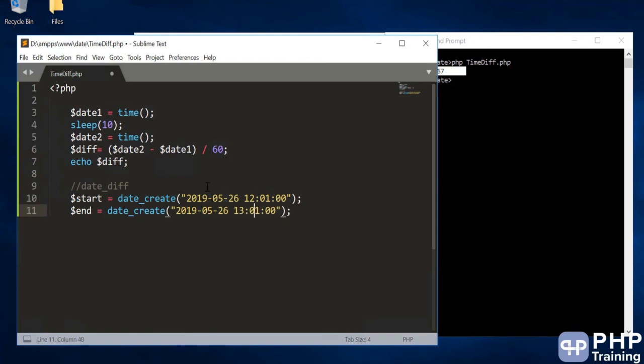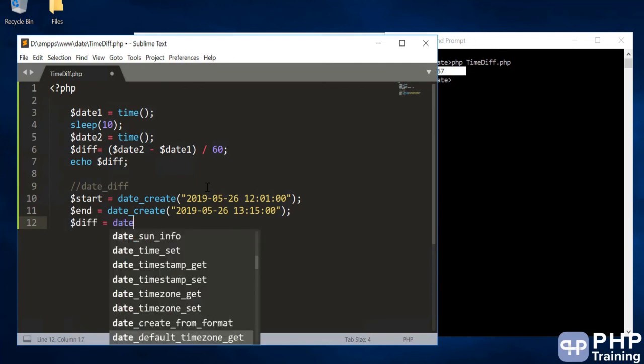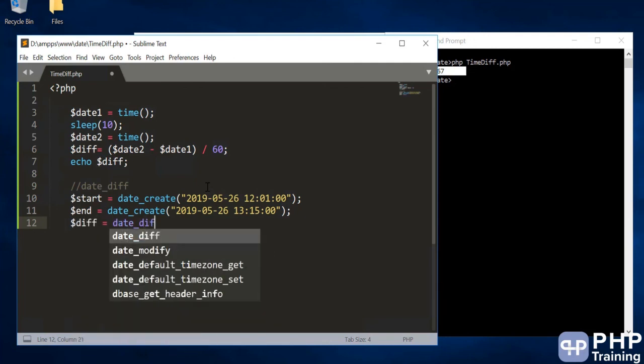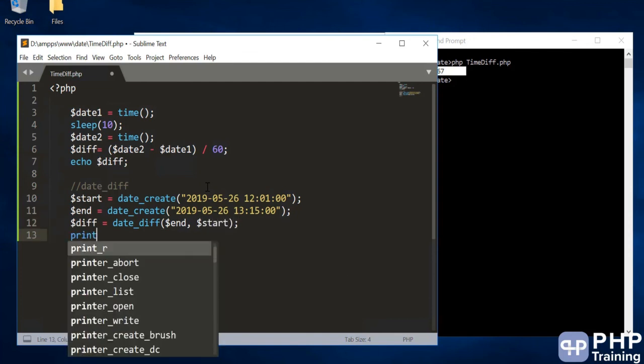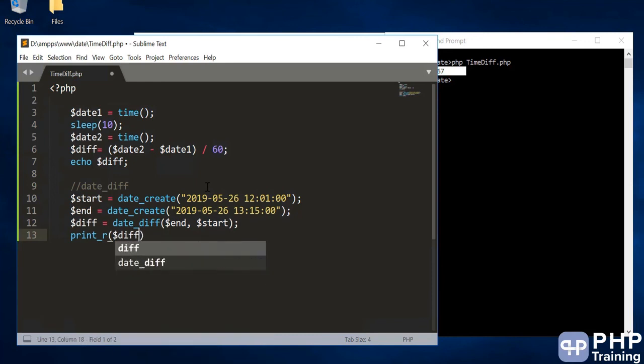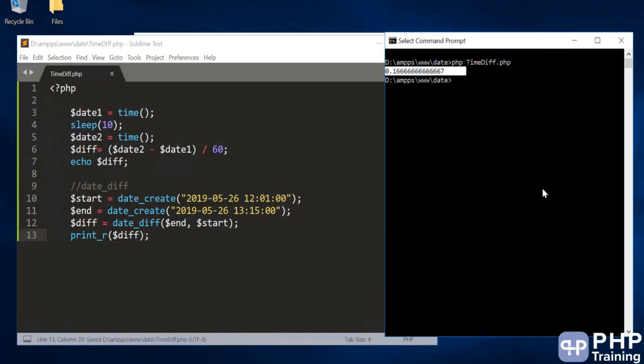You have 13, let's make it 15. Now you find the difference using the date_diff method, and you have to pass the start and the end. Then you can do a print_r of the date difference.